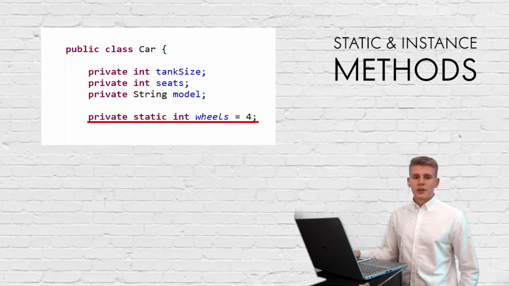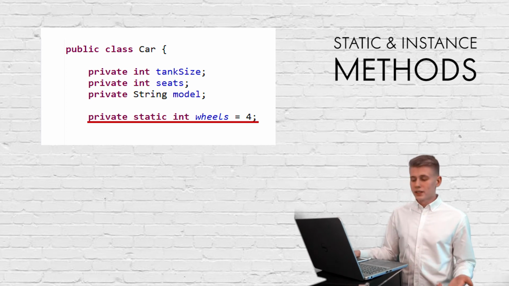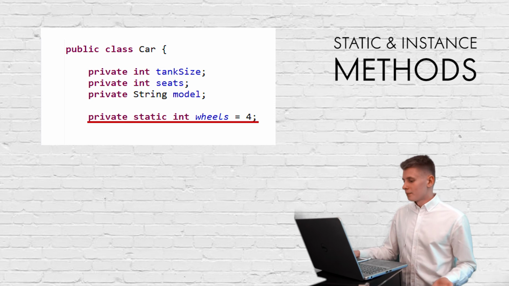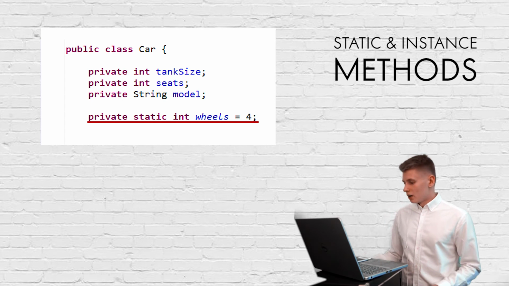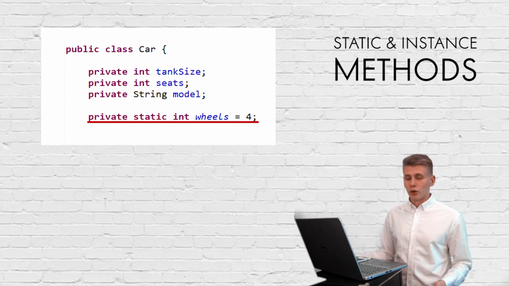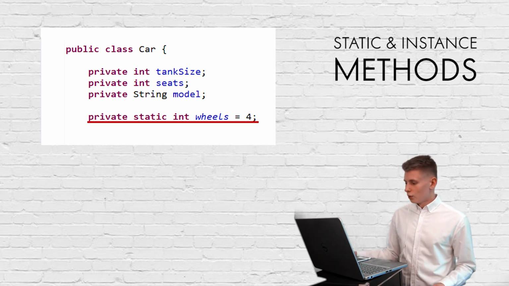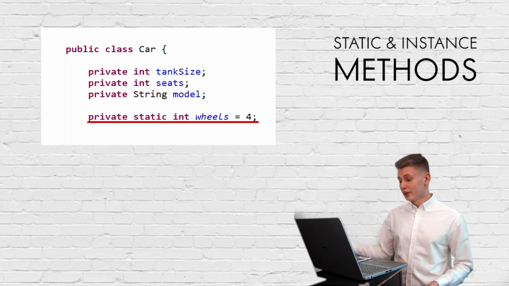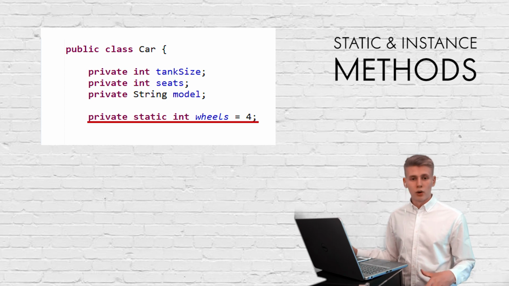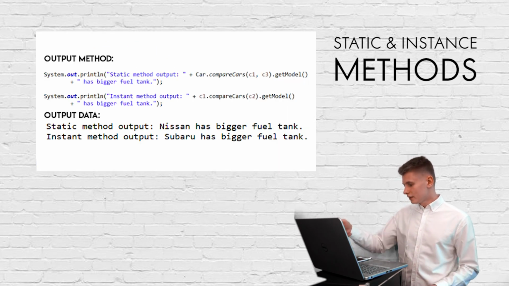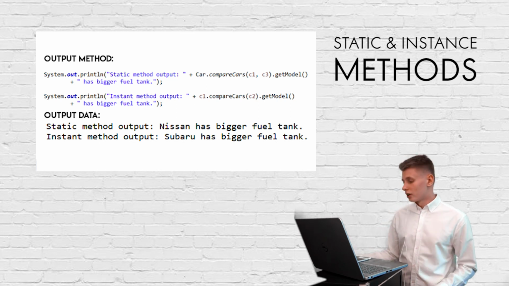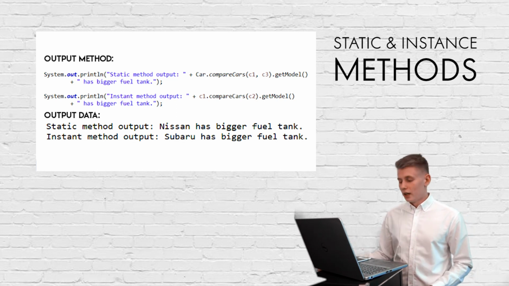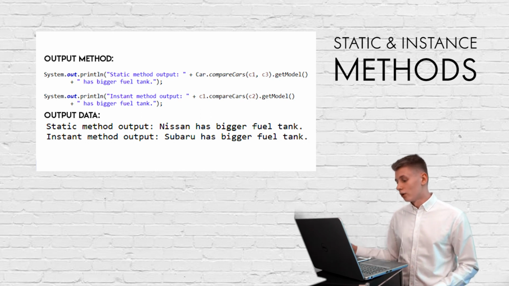And for a quick note, I must say that we can also make static variables, and these are interesting because they are properties which we can apply to all of the objects in our class. In our example, to all of the cars. So, for example, I have a property called wheels in my Car class, which is telling us how many wheels all of the car objects have. And you can actually see in the output of the program that it actually works, and it tells us that all of the cars have